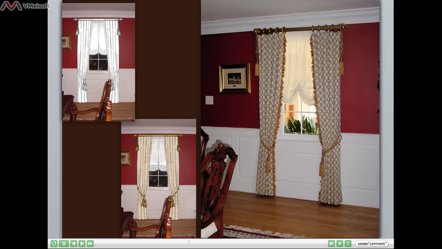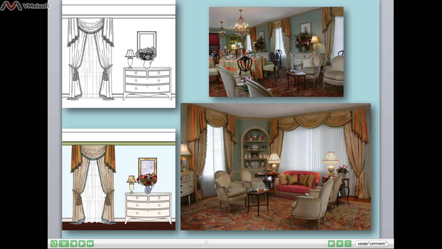I just want to mention one other thing. Whether you're designing on a photo, as was done up here in the upper left, and that Dreamdraper design was then filled with fabric and color, and over on the right is the finished room, or whether you are creating a wall elevation such as you see here,